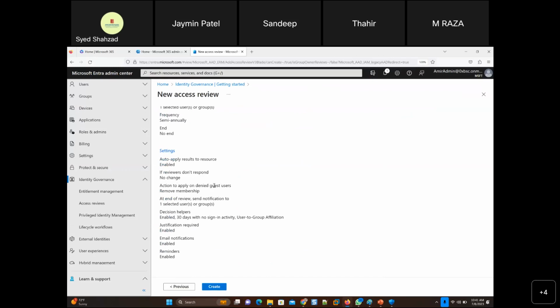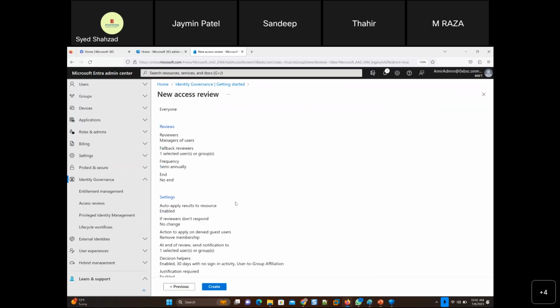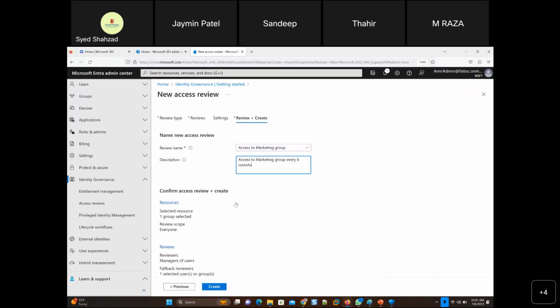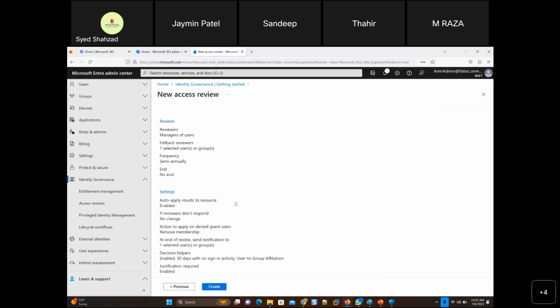Although it's extra work, it gives you peace of mind that wow, we can keep an eye on our group memberships, because very sensitive and important files are shared. Very sensitive and important information or conversation is shared in the groups, right? So not everyone should be part of the group. And suppose somebody is part of the group, should he or she still be part of that group? You should decide that too, right?